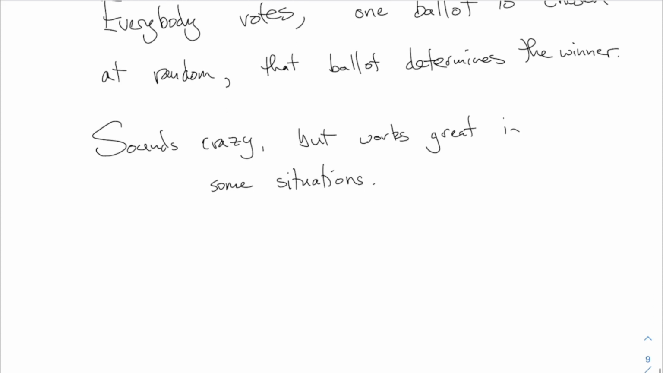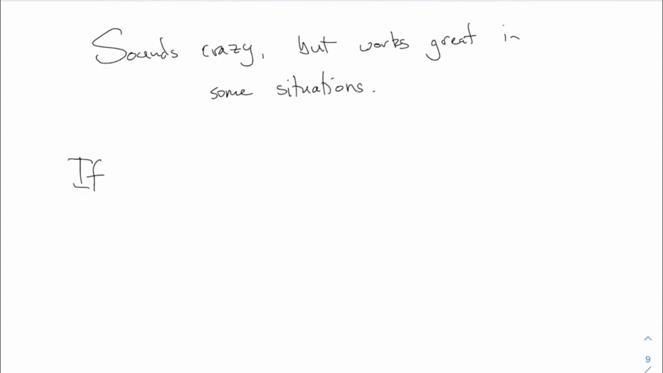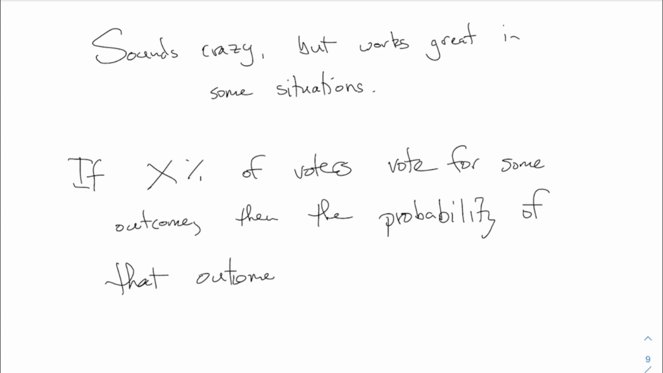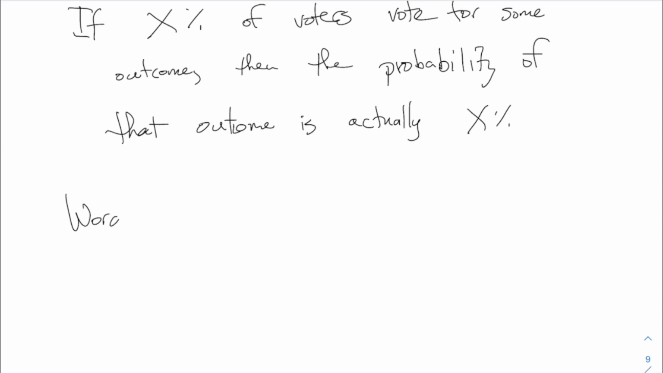So what's great about this is something like: if X% of the voters vote for some outcome, then the probability of that outcome is actually X%, right? This makes some kind of sense, in my opinion. If the population has a certain opinion, then that opinion is actually realized with the same probability that it ought to be, all right? This works really well